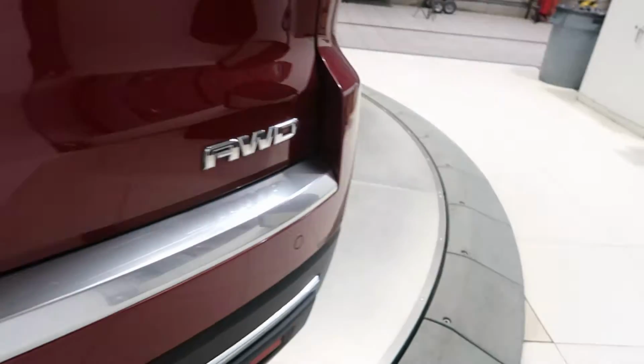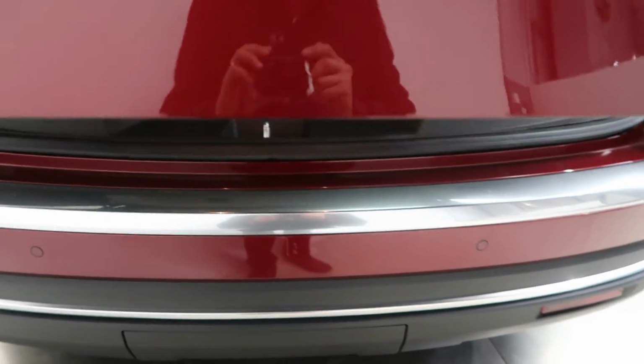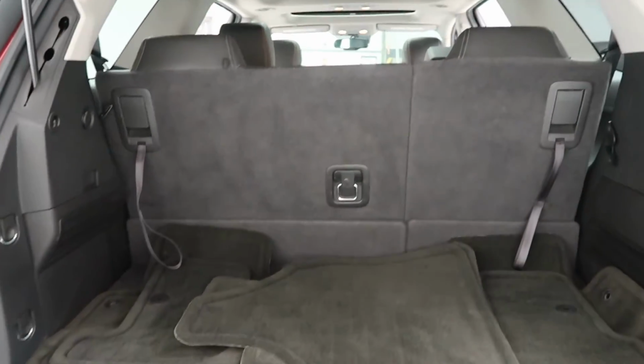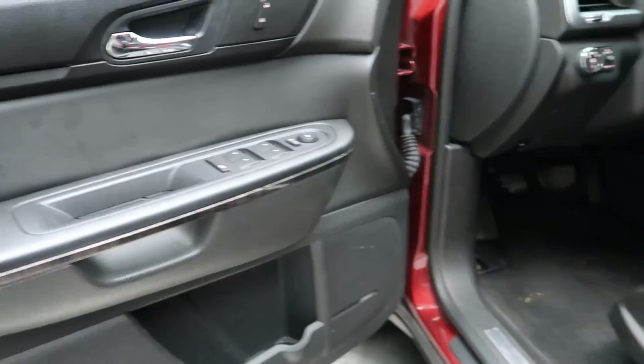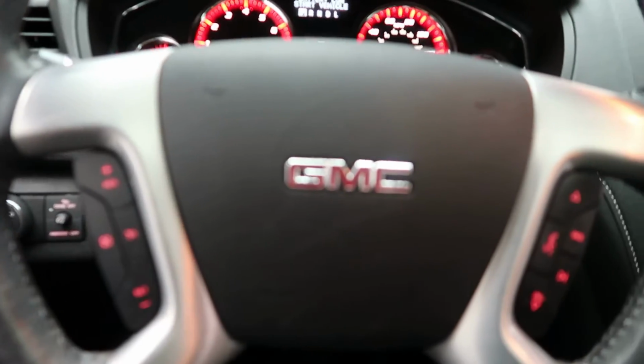Acadia all-wheel drive badging, power liftgate, pull down third row seating, clean set of floor mats, SLT badging on the side, Bose sound system, power windows, power seats, steering wheel controls,